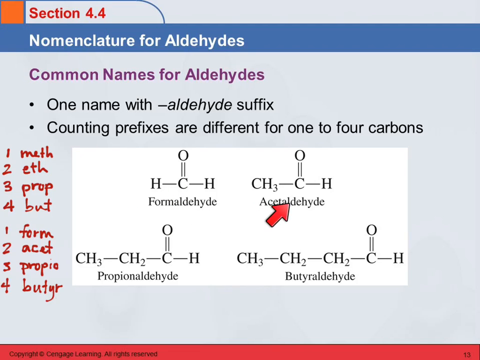This is acetaldehyde. It's got 2 carbons. Propionaldehyde has 3 carbons, and butyraldehyde has 4 carbons. There are no positional isomers for these because the aldehyde group is always on the end. So those are the common names for the aldehydes. And then, of course, they could be